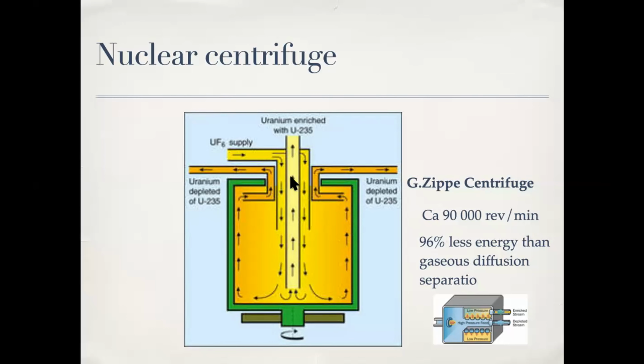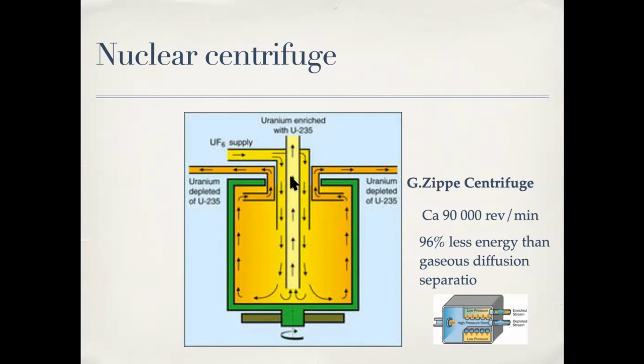And in a very unusual way, Zippe was permitted to leave the Soviet Union in the 50s, and he somehow migrated to West Germany. The head of the laboratory, Ardenne, and Seebeck went to East Germany, and Zippe went to the United States, and at the University of Virginia he built the first centrifuge of that form. He was not allowed to take any notes out of the Soviet Union, but he just remembered how he